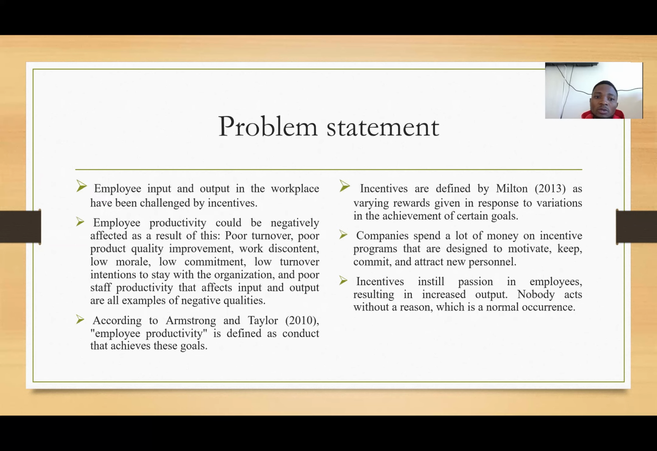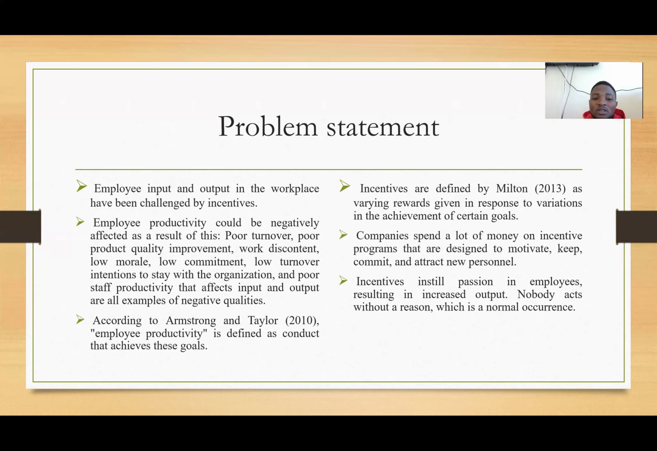So let me talk about the problem statement. As we know, the employees' input and output in the workplace have been challenged by incentives. Employees' productivity could be negatively affected as a result of this: poor turnover, poor product quality improvement, work discontent, low commitment, low turnover intentions to stay with the organization, and poor staff productivity that affect input and output are all